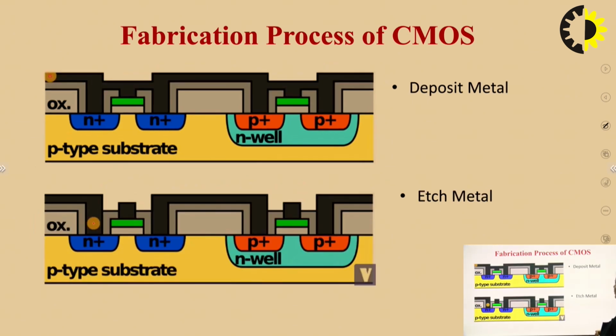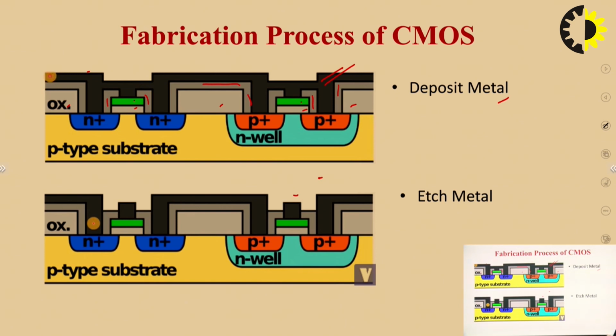Now next step is deposition of metal. After removal of nitride in the prescribed areas, we are depositing the metal layer all over the surface. So here we can see this is the oxide. This is the polysilicon in green, and in the light gray there is the nitride. This is all nitride. And these are the metallic layer, that is the aluminium.